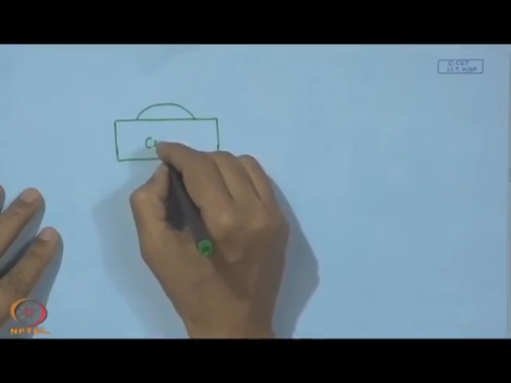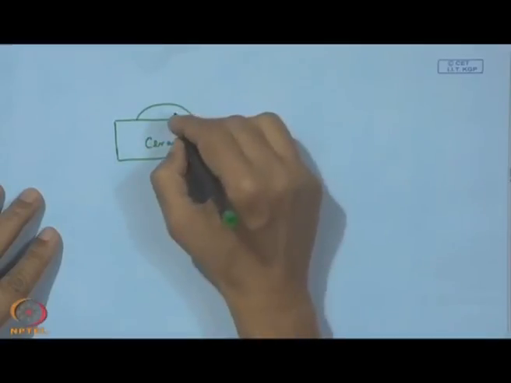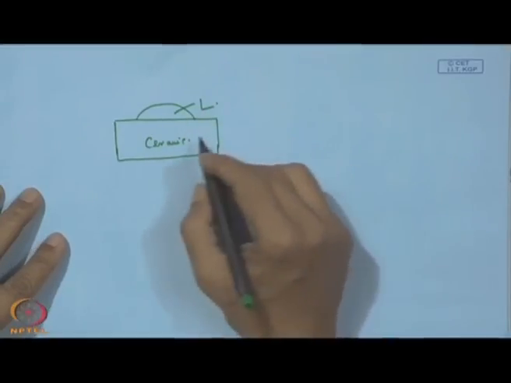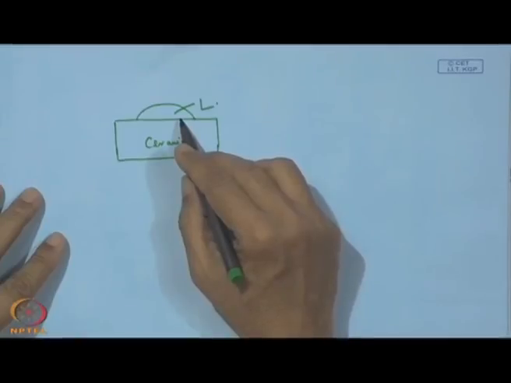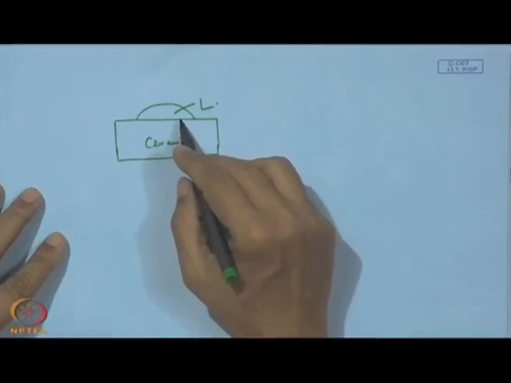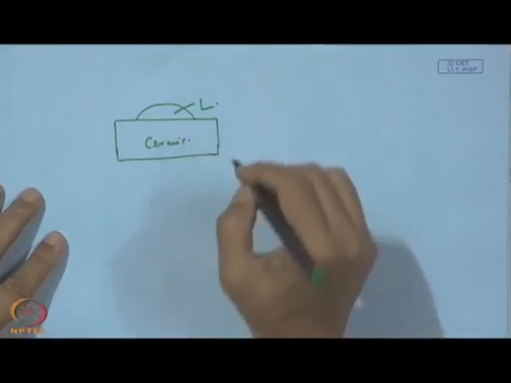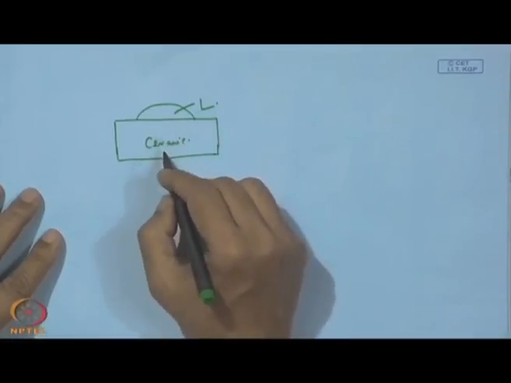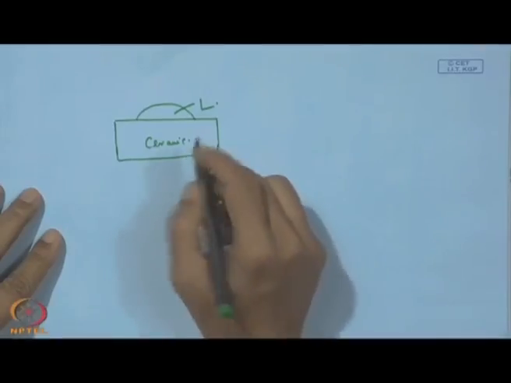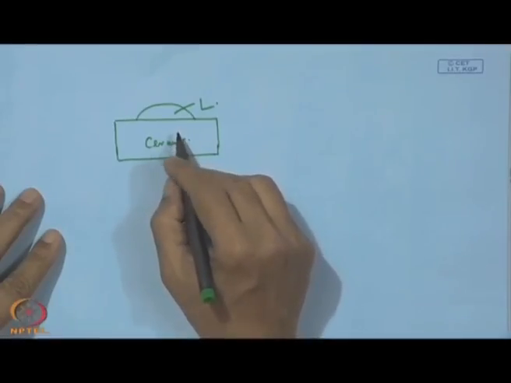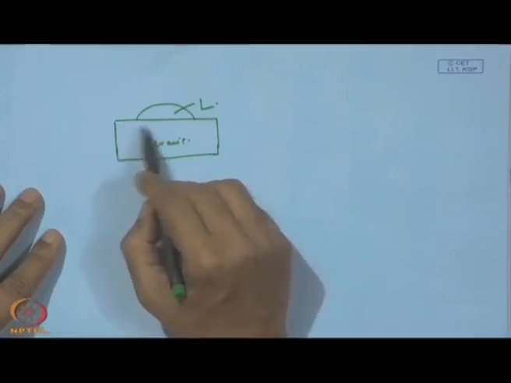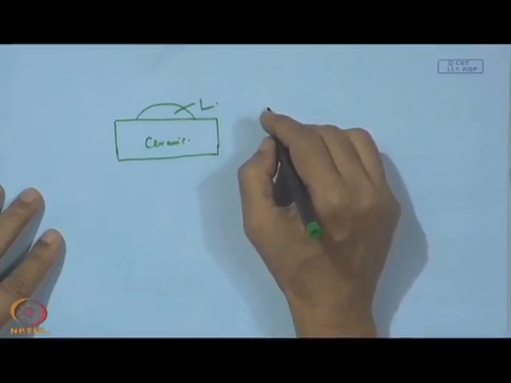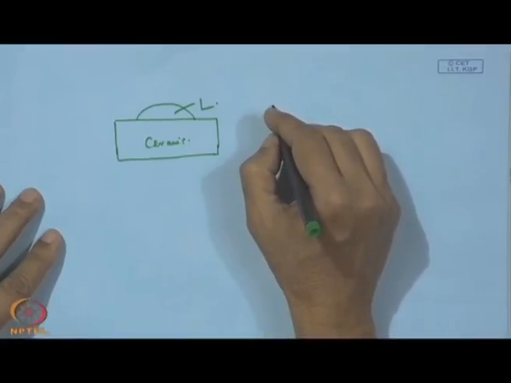So, when it is a ceramic and this is a liquid metal, unless this liquid is able to react on the surface of the ceramic to change its chemistry, we cannot achieve spreading over the ceramic, and that is why the conventional alloy